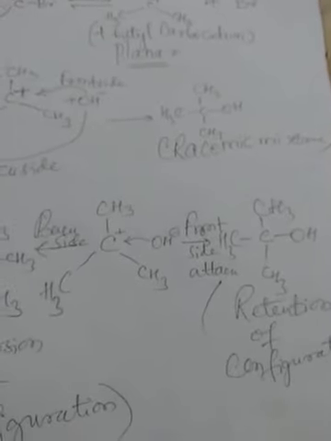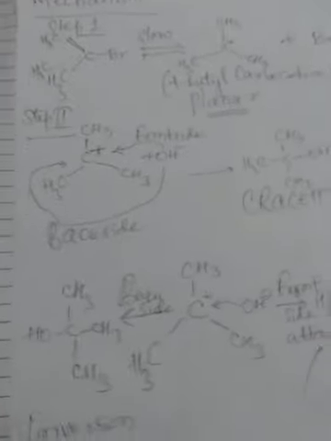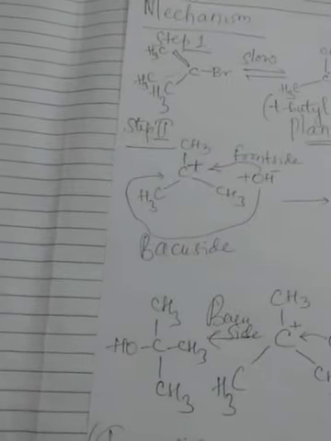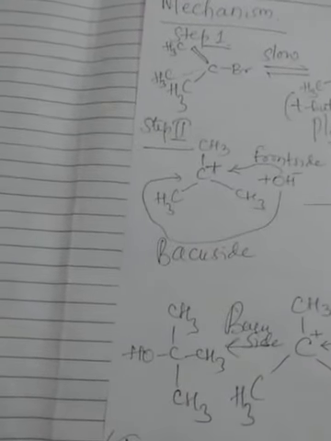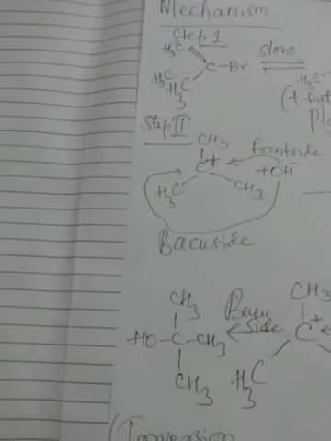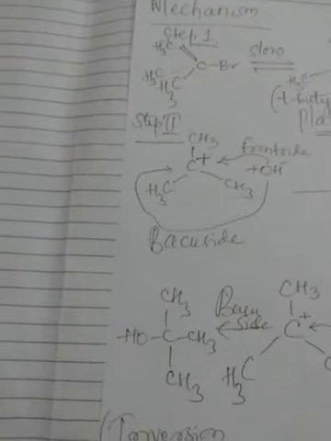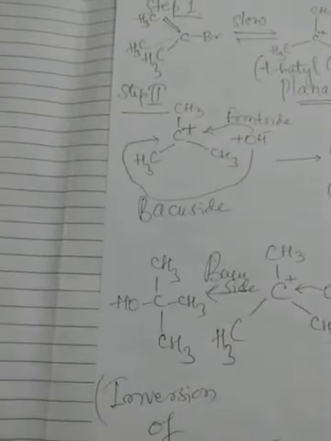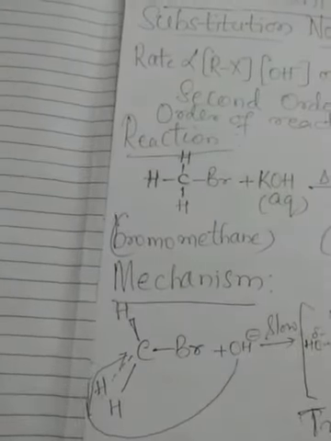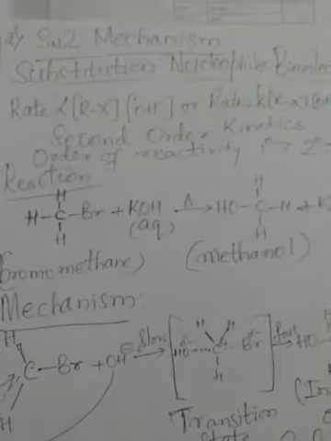Now coming to the second mechanism, that is the SN2 mechanism. The SN2 mechanism is something different from the SN1 mechanism. Now let us look into the details of the SN2 mechanism. To understand this concept, you need to know in detail about the concept of isomerism, which you have studied in brief in first PUC. After this, we'll be studying the stereochemical aspects, where we'll see it in detail.